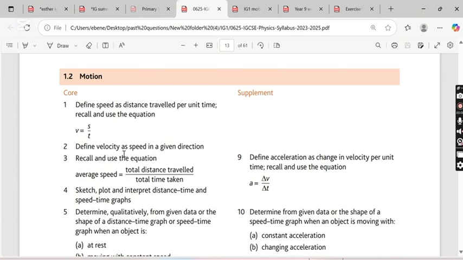Then point 2, define velocity as speed in a given direction. Speed in a given direction or any other definition that you know is also acceptable. If you want to split the speed here, you talk about displacement per given time. That one too is there. Displacement is a vector. So displacement